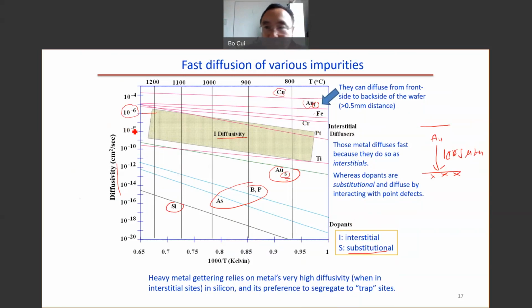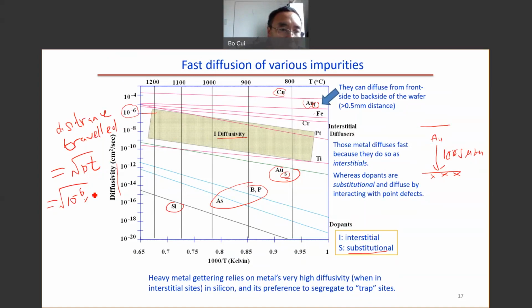So the distance traveled is given by square root of Dt. We will look at the diffusivity in chapter 7. So here we just get the numbers. So 10 to the power minus 6 times, every time we talk about a thousandth second, but then give you 10 to minus 3 centimeter, 300 micrometer. So that means the gold, normally the wafer thickness,